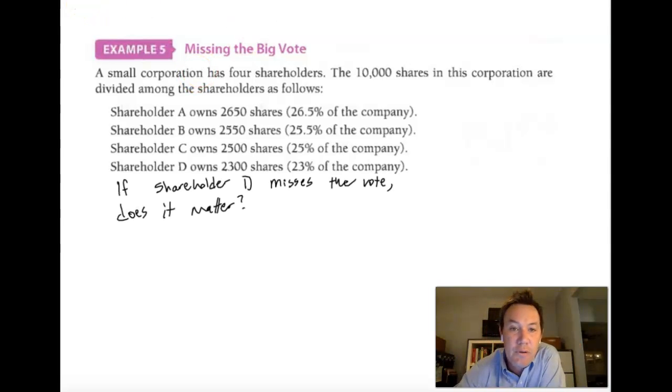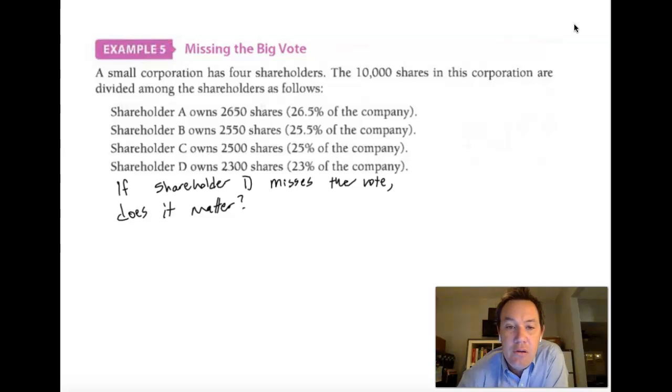All right, so a small corporation has 4 shareholders. The 10,000 shares in this corporation are divided among the shareholders as follows. Shareholder A owns 26.5% of the company. B owns 25.5% of the company. C holds 25%, and D holds 23% of the company. Now, let's assume that the voting power they have is proportional to their ownership in the company,